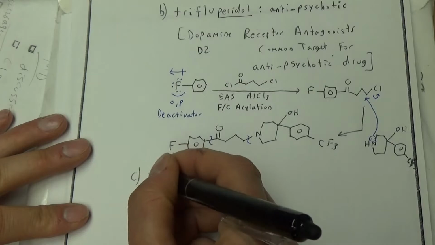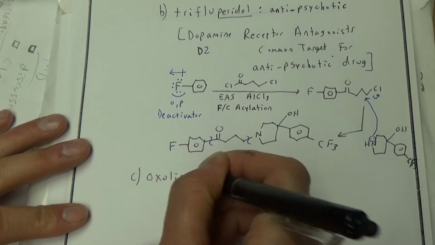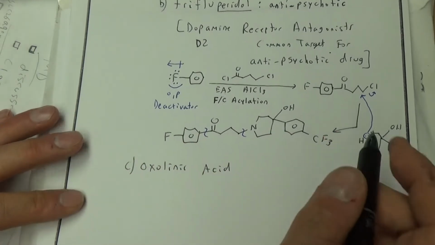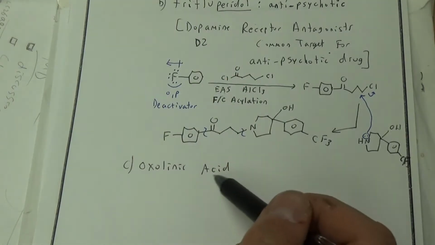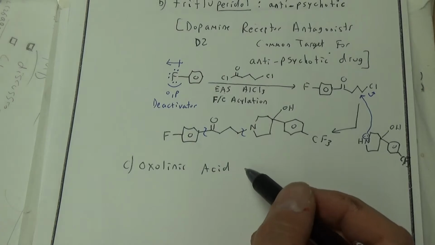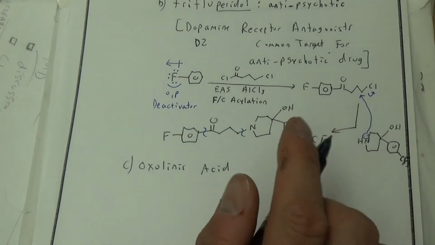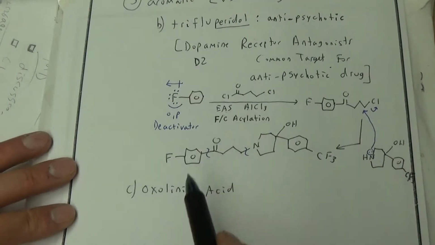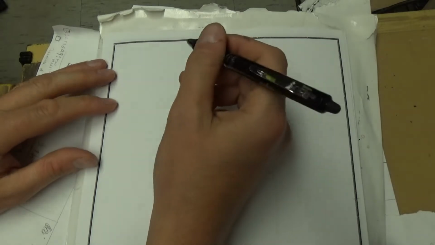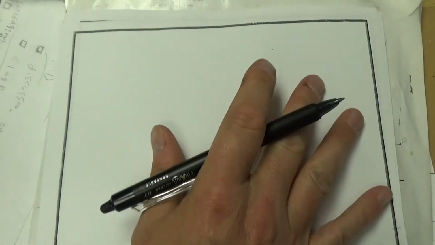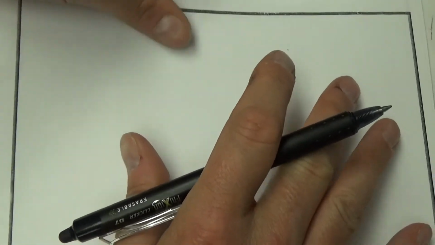And C was oxolinic acid. That was that DNA gyrase inhibitor antibiotic drug. So that's where we did that one last time, so I'm not going to do it again. All right, 5B, 5C. Okay, so we're back on track. Sorry about the little detour. Now we're back on number 6,